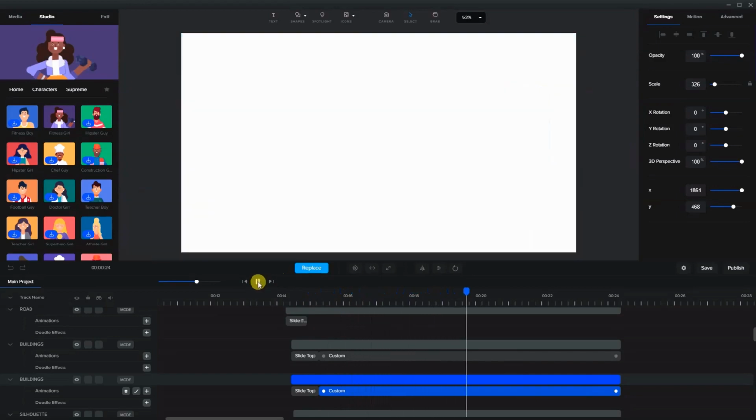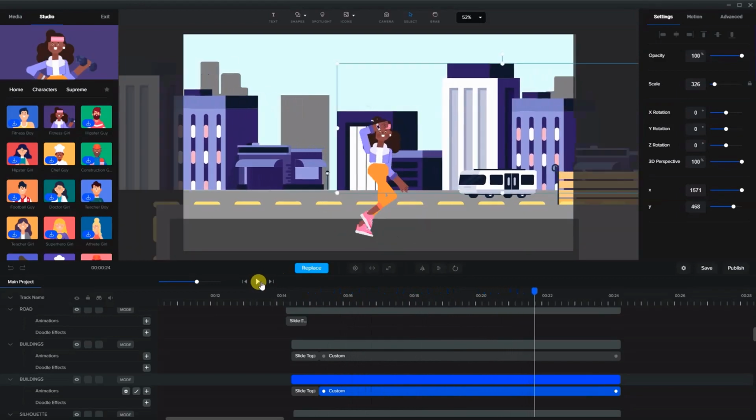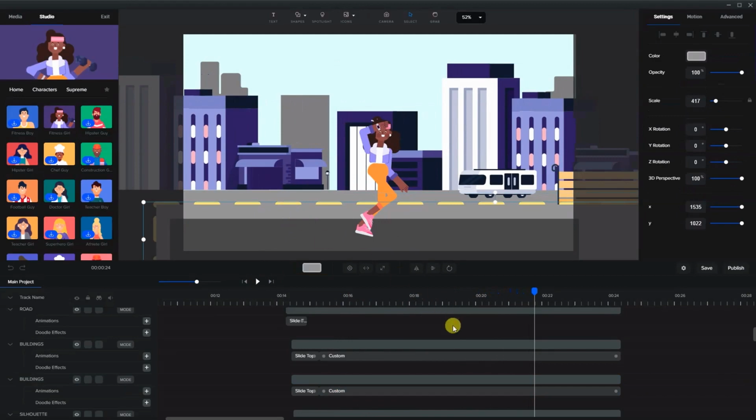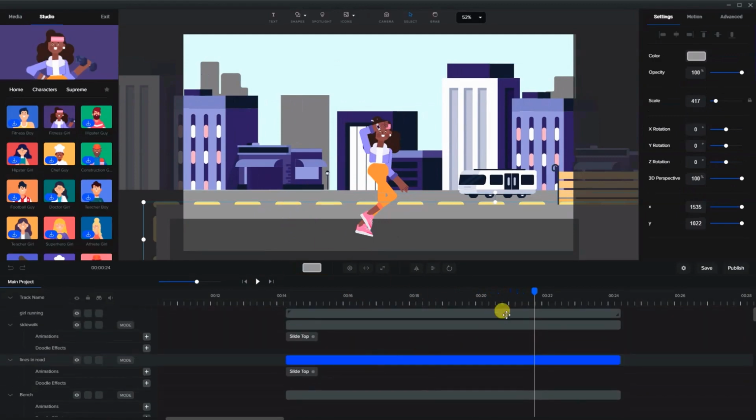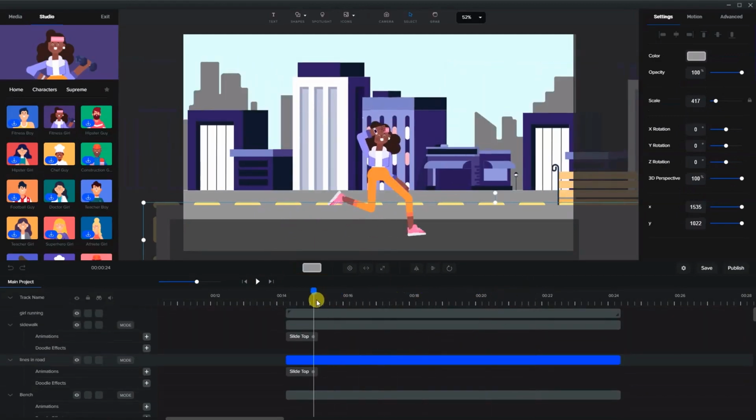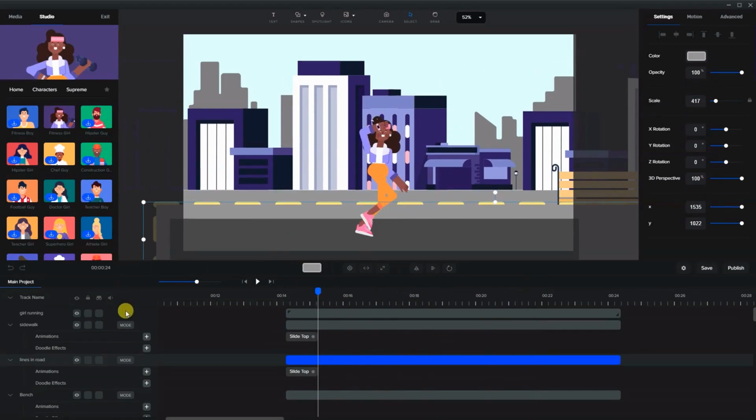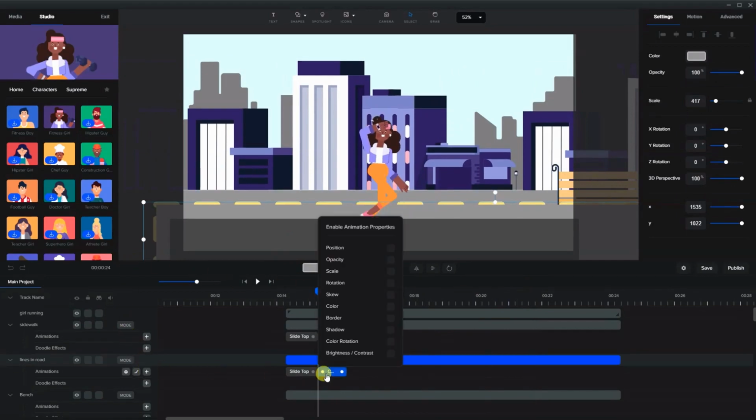Alright, and that's very good. And it looks like the buildings are moving. The next thing we want to do is have the road move. So let's go see where the road is right there. So I'm going to do a very similar thing again. We're going to add a custom animation